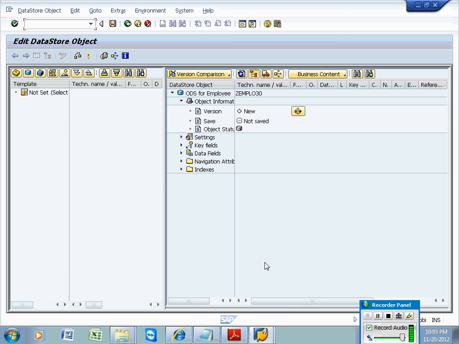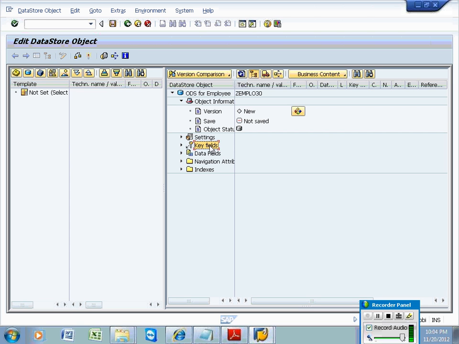Based on that document, you need to prepare info objects, info sources, and info cubes, everything. The technical names should follow that standard template. I am going to give you the standard naming convention document that we follow in real time in our project.